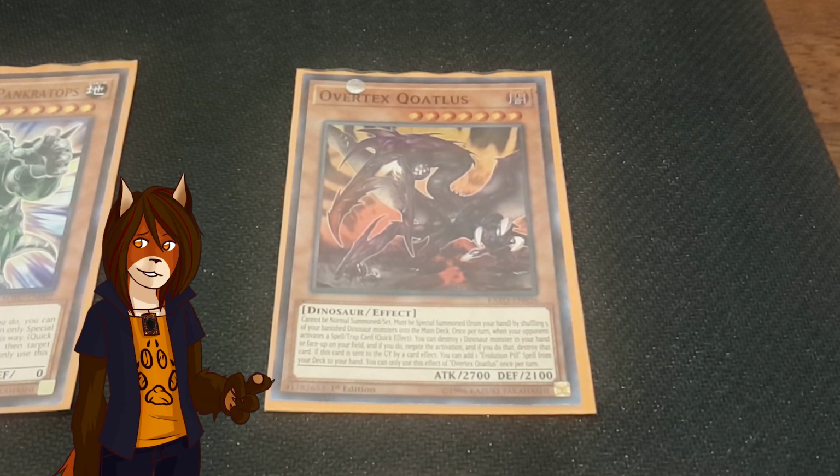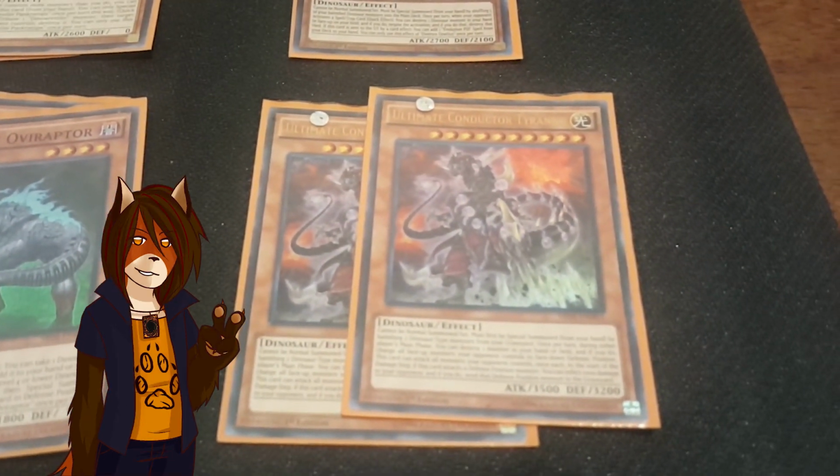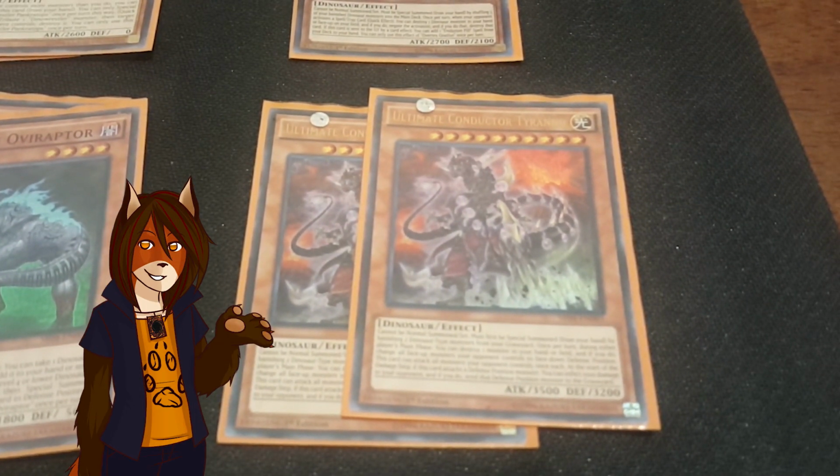And if this card's sent to the graveyard by a card effect, you can add any Evolution Pill spell from your deck to your hand. And 2 Ultimate Conductor Tyranno. It cannot be normal summoned or set, and it must be special summoned from your hand by banishing 2 dinos